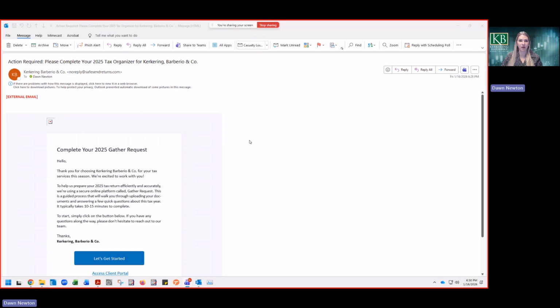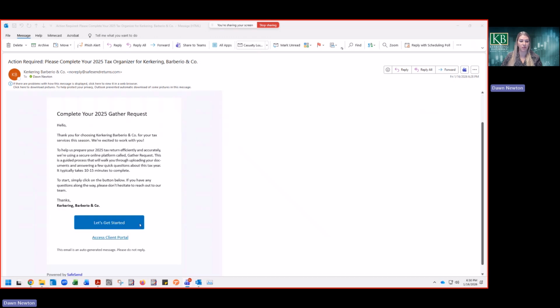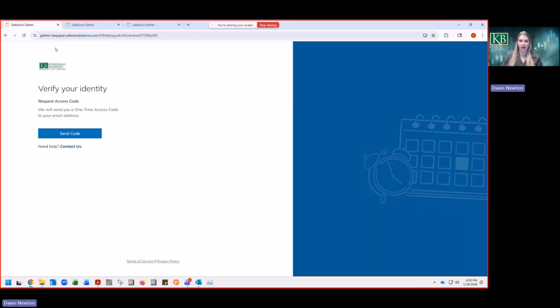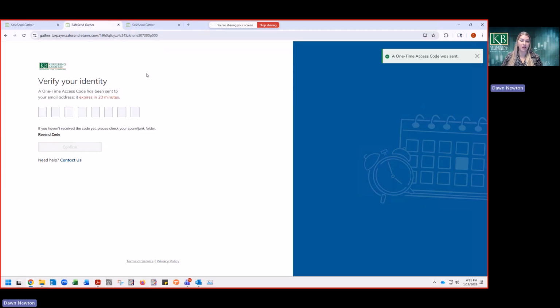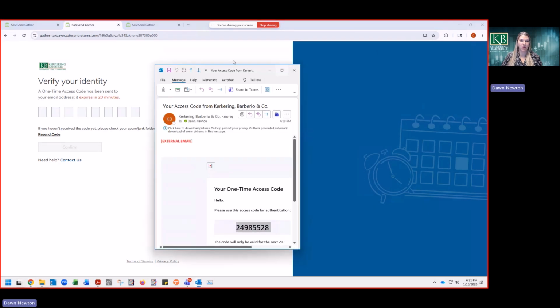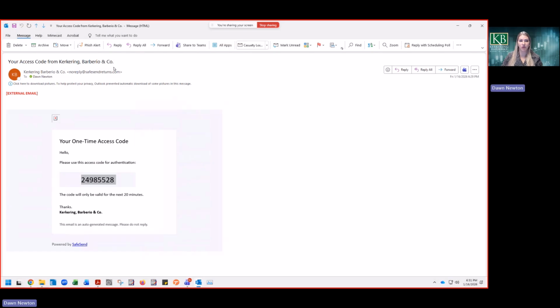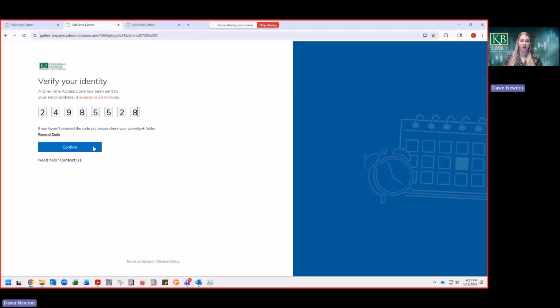When you've located the email, you'll scroll towards the bottom to click the blue Let's Get Started button. This will open your default web browser, which will prompt you to send a code to verify your identity. After you click the blue Send Code button, a code will go to the same email that you used in step 1. Locate that email with the subject line Your Access Code from Kirkering Barbario & Co. and copy and paste the code into your browser and click the blue Confirm button to proceed to our welcome